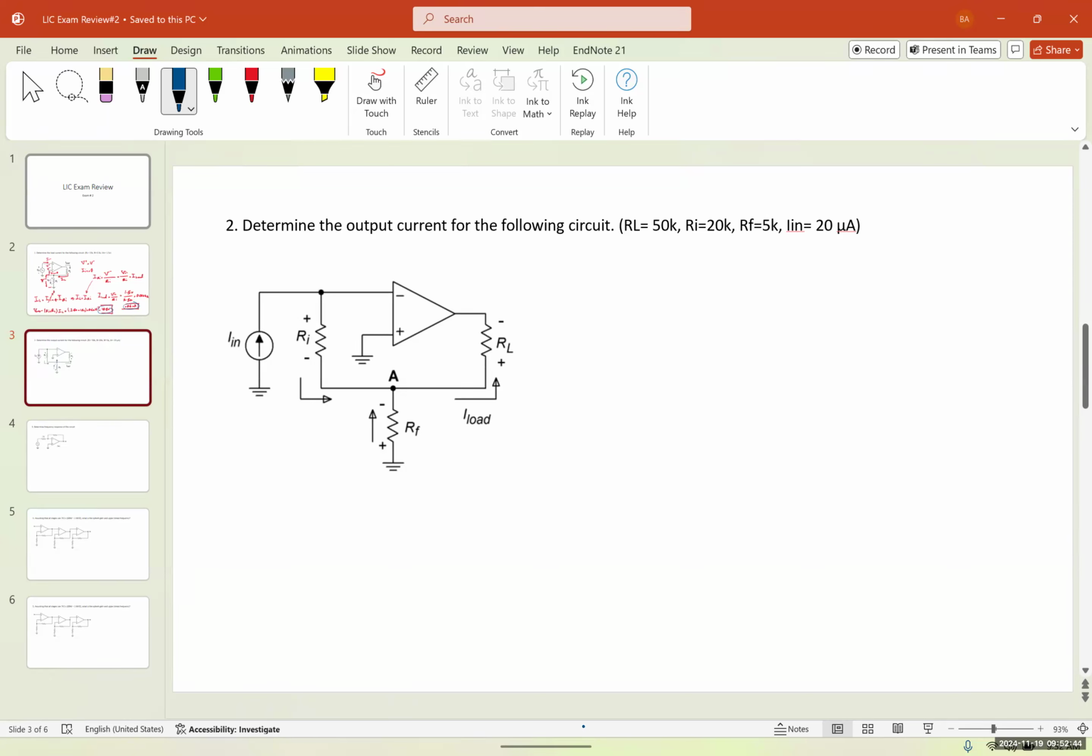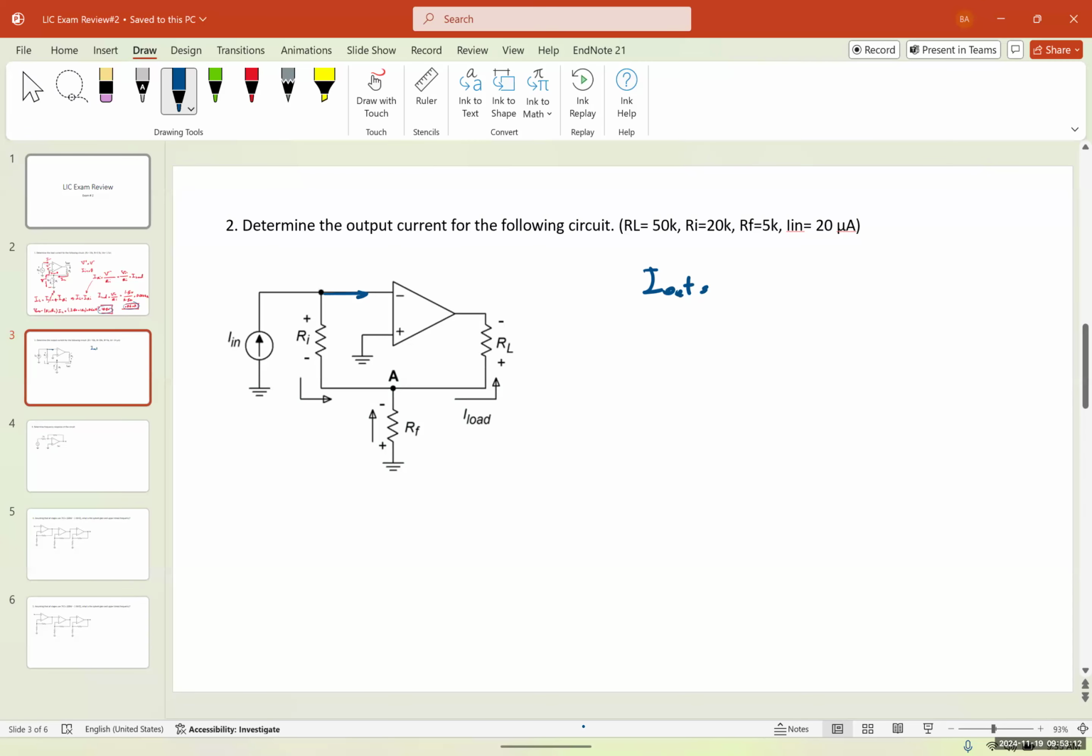Okay. So again, there's a very easy way to solve this. We already learned, I think it was in chapter 4, that this is a current amplifier. And the equation for this current amplifier,